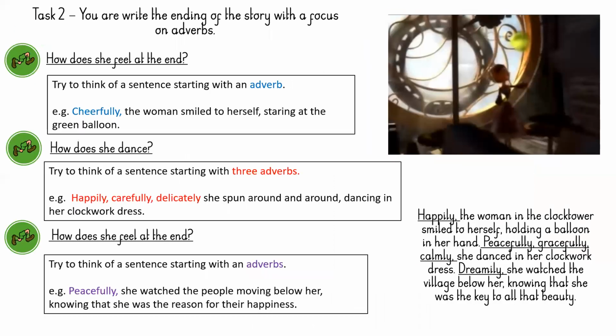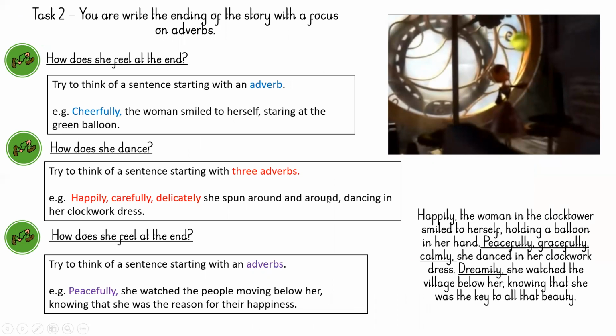Okay, so then once you've finished task 2, you should have ended with a final paragraph of your story, really showing off your use of adverbs to start sentences. Okay, and making sure that you have remembered every time you started a sentence with an adverb that it must be followed by a comma. Okay, make sure you've got that punctuation really, really well done.